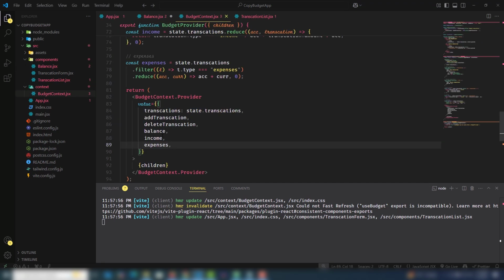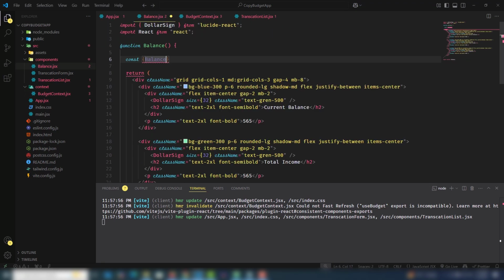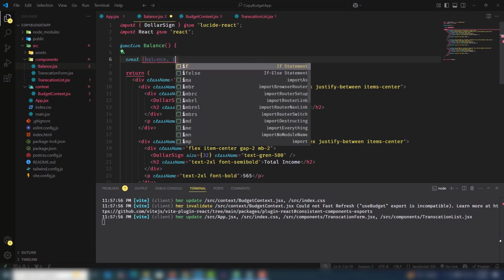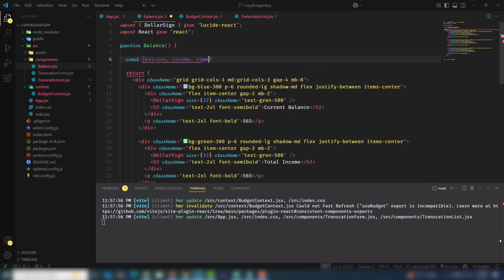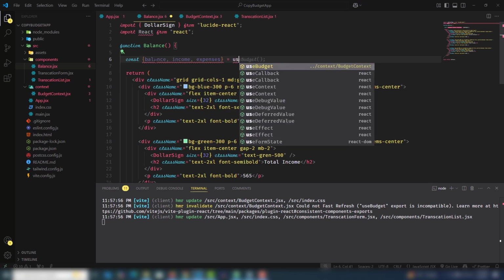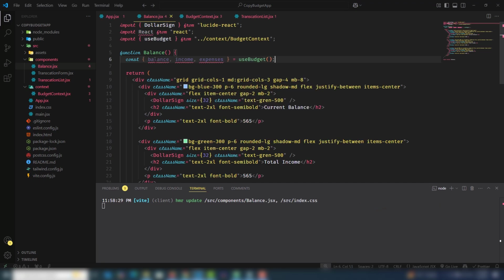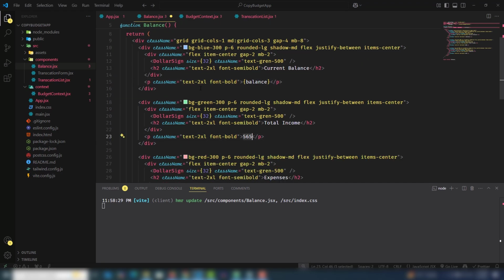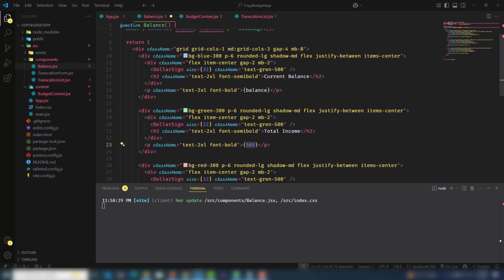What is the balance in small characters? Balance and income, expenses from the use budget hook. That's it. Copy that and just use balance on there,